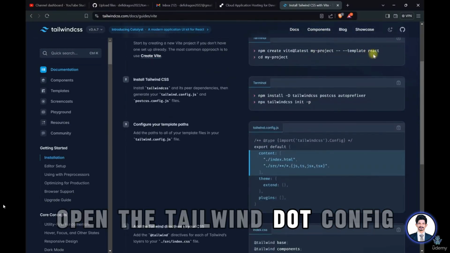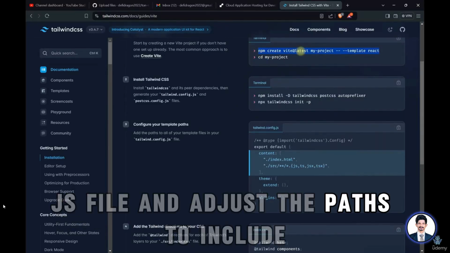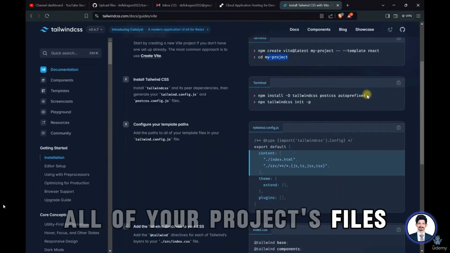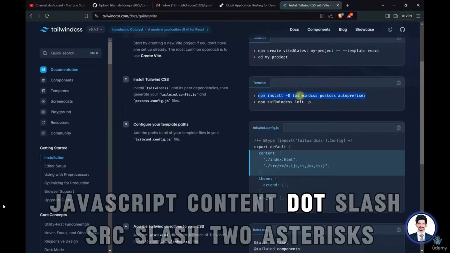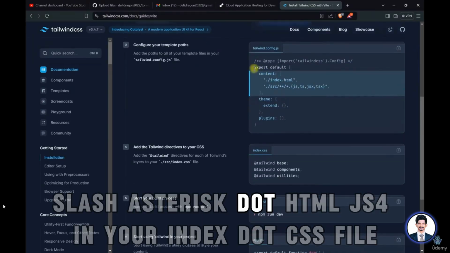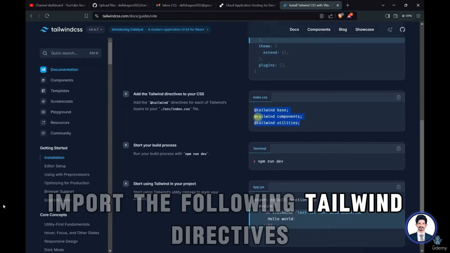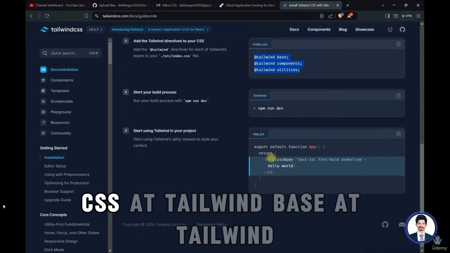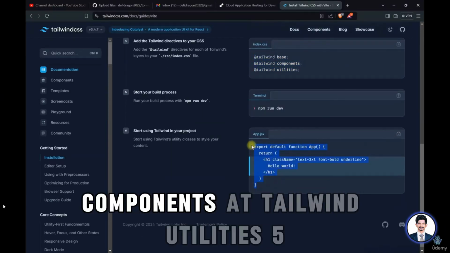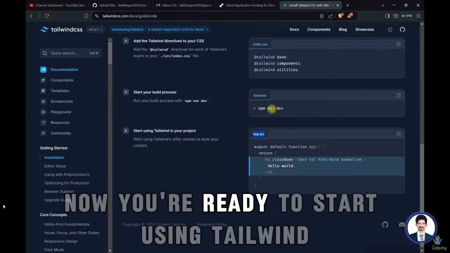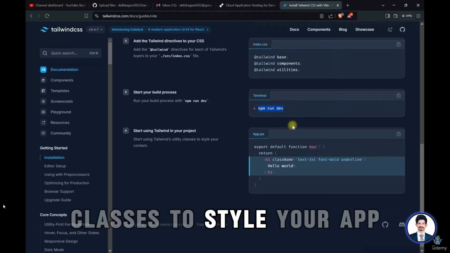Open the tailwind.config.js file and adjust the paths to include all of your project's files. content: ./src/**/*.{html,js}. 4. In your index.css file, import the following Tailwind directives: @tailwind base, @tailwind components, @tailwind utilities. 5. Now you're ready to start using Tailwind classes to style your app.